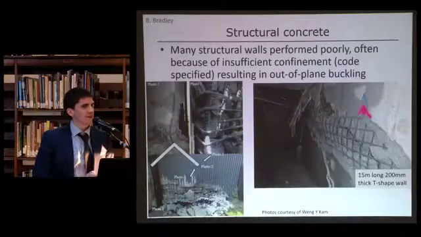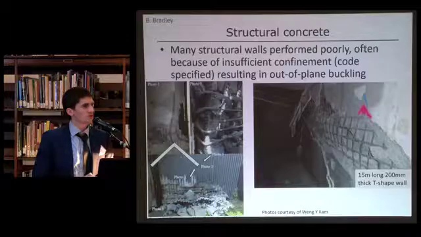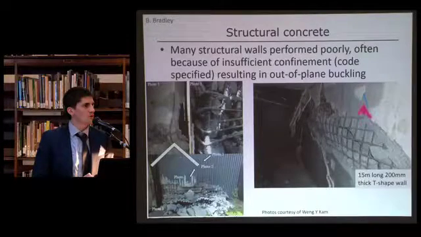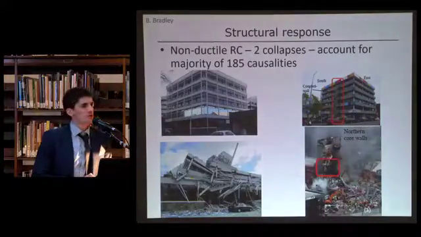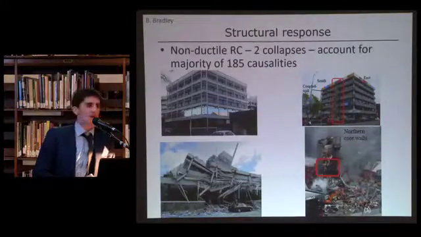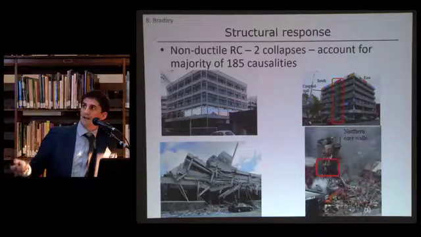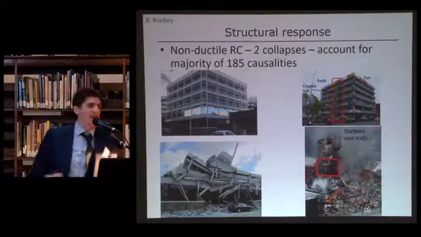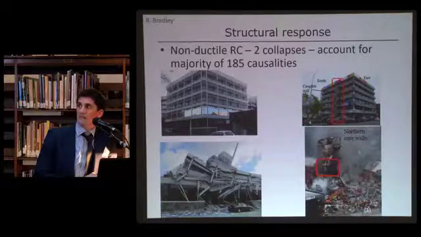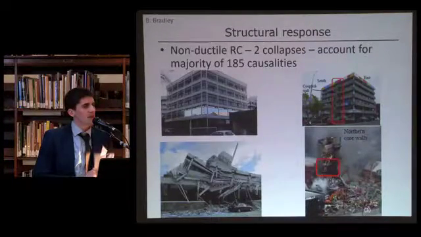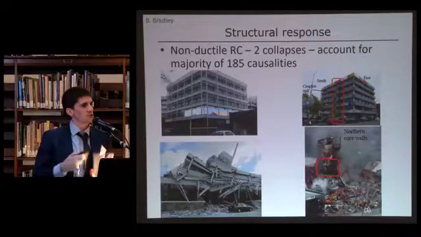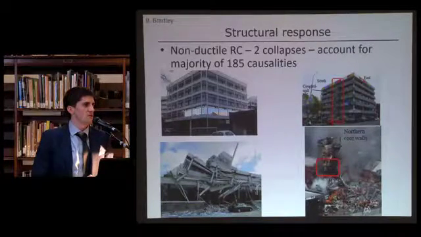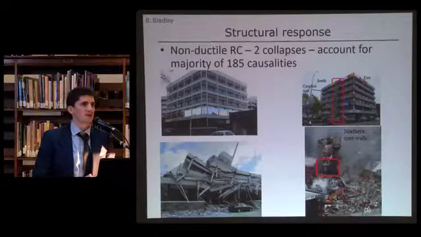Also, a little bit like some observations that we've seen in Chilean earthquakes, we saw some relatively poor performance of slender reinforced concrete walls, particularly those with small amounts of confining steel. And there were two buildings that suffered either partial or complete collapse that I'm showing here on the left-hand side, the Pyne Gould Guinness building, and on the right-hand side, the CTV or Christchurch Television building. Notably, neither of these buildings were identified as earthquake-prone beforehand, and so that really highlights the fact that some of our first-order evaluation procedures for buildings don't always identify some of these critical vulnerabilities that ultimately lead to collapse.